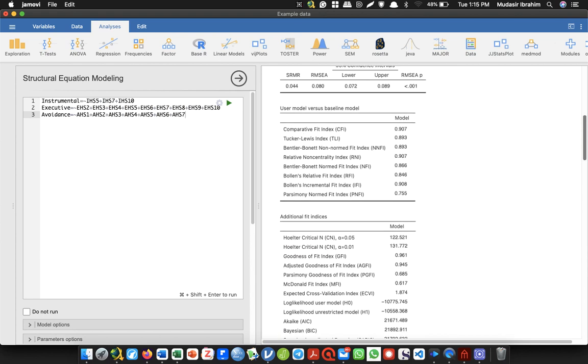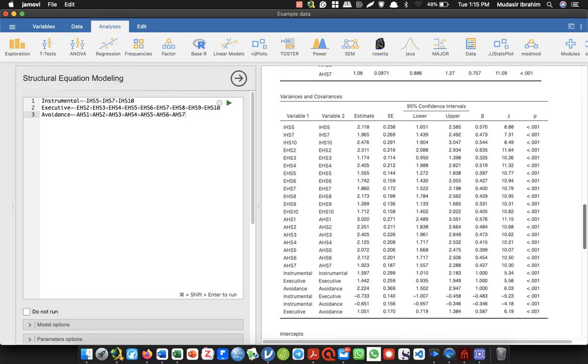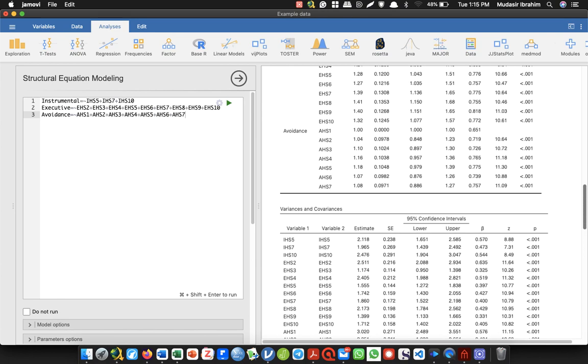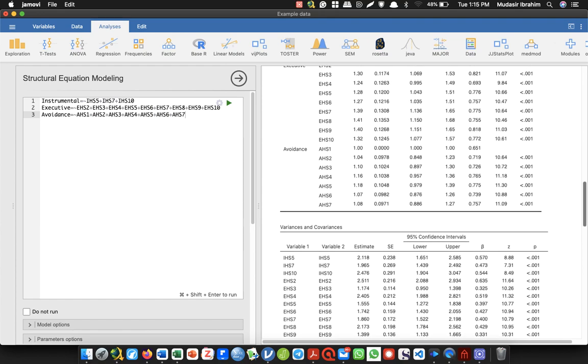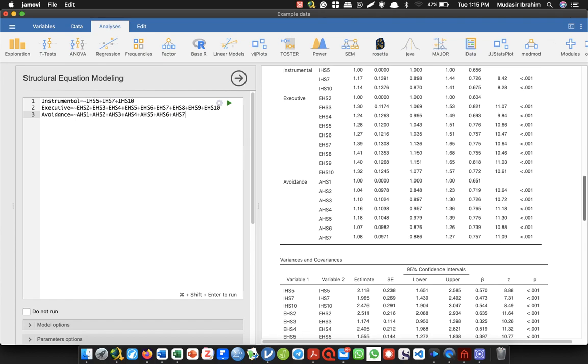Let's go up. See, they still have the same. Means that let's consider no. Since we have loadings above 0.7,